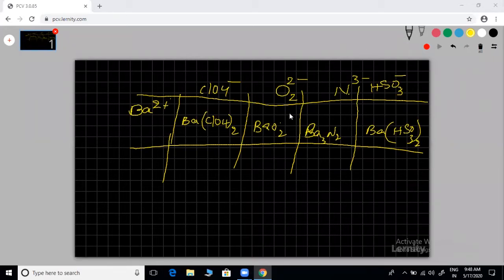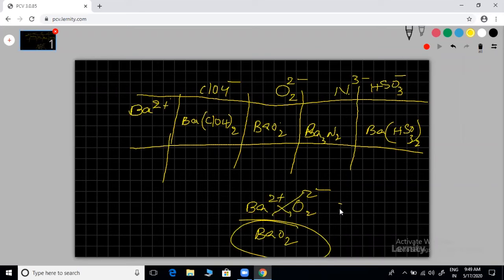Look at that one. I gave peroxide BaO2 here, not BaO. Clear? That is Ba2+ and O2 2 minus. The 2 minus and 2 plus will be cancelled, but BaO2 will be present. Otherwise, by applying the crisscross method you can also write 2 here. You get Ba2O2, the twos get cancelled, but BaO2 remains. This is peroxide, not normal oxide.